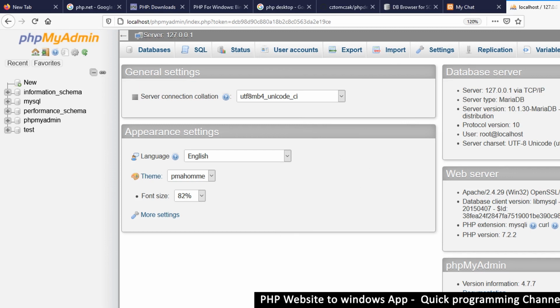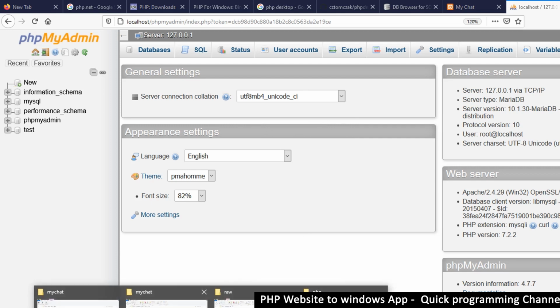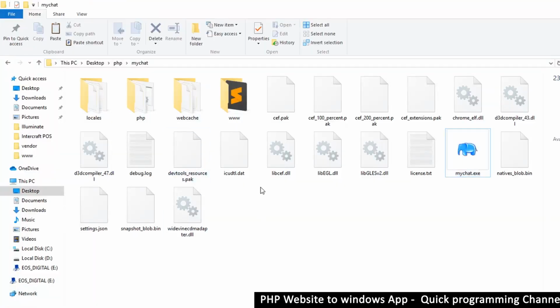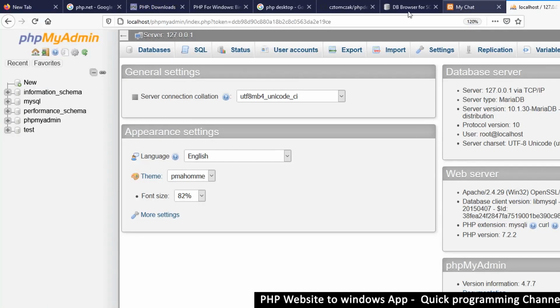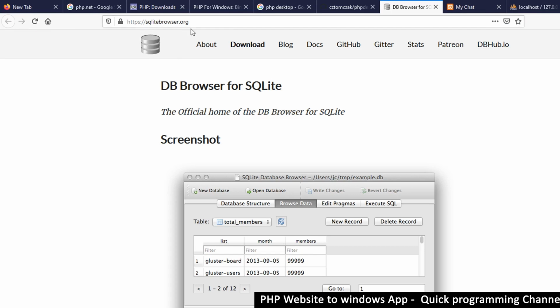So I'm going to show you how we're going to use SQLite instead of MySQL server, so that instead of having to install MySQL server, all you need to do is put in one extra file here, which is the database, and that will be it. So you'll be able to copy this and simply paste it on your user's computer, and it will run like a desktop application. So let me go to my browser here, and you go to sqlitebrowser.org,